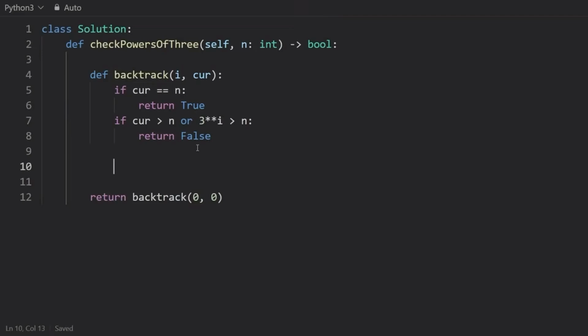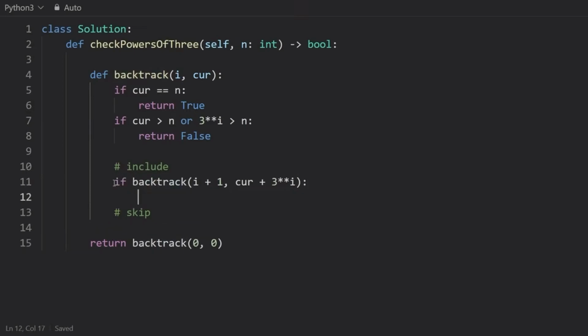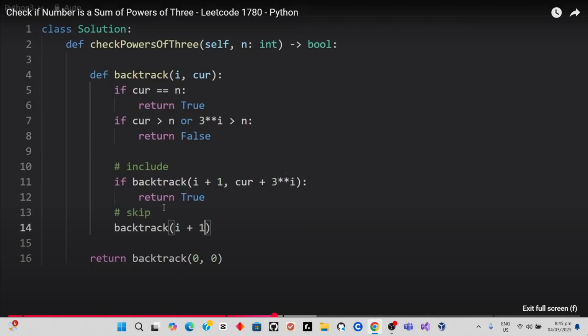And now in the recursion, there's two cases. Either we include or we skip. I'll do this include case first, but I don't think it really matters which one you do first. I'll call backtrack, and we will move to the next power, i plus 1. And for us to ensure that we've included the current power, we can just take the current sum, add to it the current power, which is 3 to the power of i. So we can just return this if it's true. So let's say if this is true, let's return true. If it's not true, then we have to keep going. We have to keep doing the brute force. Let's try the other choice that we can make, which is skipping. So backtrack, i plus 1, and the current